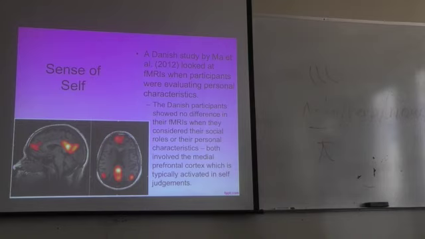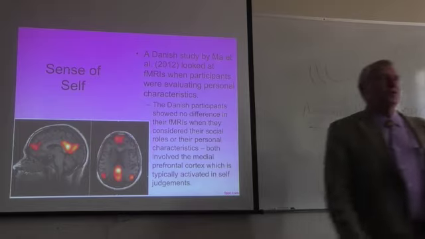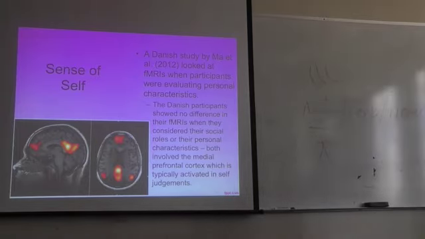Ma. Is that a Danish name? Does that look Scandinavian to you? Ma is a Chinese word that means either mother or mule. I know, it all depends on what inflection you put behind it. If you say ma, it's your mother. If you say ma, it's your mule. So this is a Chinese guy in Denmark doing research. Okay, there we go. Or maybe it's a Danish lady that married a Chinese guy.